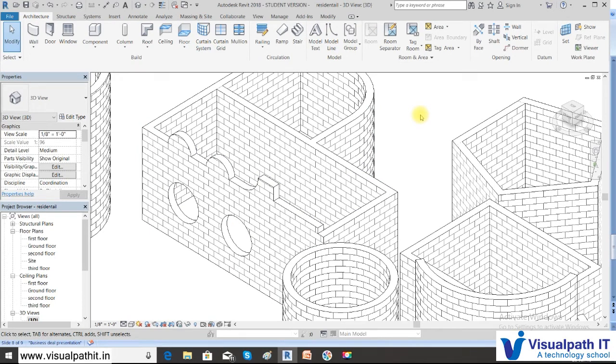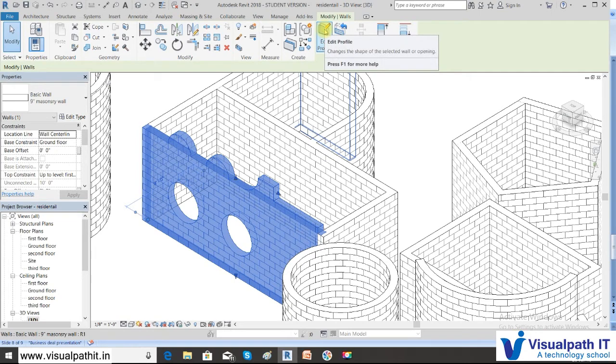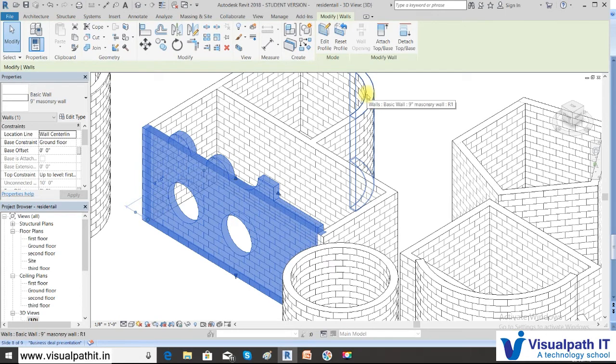As per shape, the only constraint that you need to remember is when you edit the profile, it should be in the same plane. If the plane changes or some gap is there in between, it will show warnings and it will not get closed. So again you need to edit it properly, only then your walls will be formed. So friends, we have seen how to edit the walls and how to draw the walls.